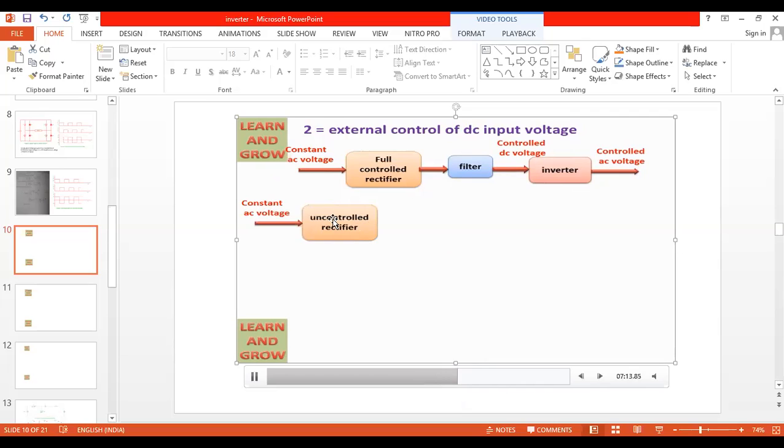So one more proposal is what you see: the uncontrolled rectifier. Uncontrolled rectifier means only diode circuits, power diodes. It converts AC to DC, but the DC can be stepped up and stepped down. Therefore, you can also place the chopper, and eliminating the harmonics, you apply it to the inverter, and the inverter provides the controlled AC voltage. So don't get confused about what these blocks are. Depending upon the requirement, you can use any type of block. That means if one industry is having only AC supply, and they are using the fully controlled converter with SCRs, they can go with this one.